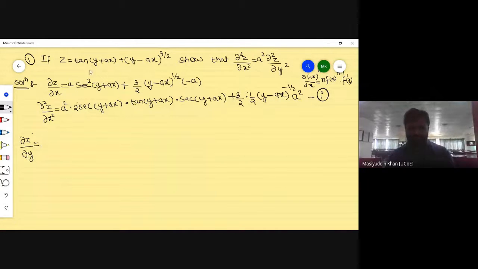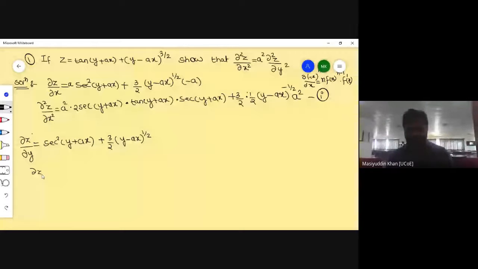You have to differentiate in a similar way. The derivative of tan will be sec square of y plus ax, and the derivative of this part with respect to y: this whole part becomes 0 and the y derivative becomes 1, so kept as it is, plus in a similar way here 3 by 2 will come forward, y minus ax raised to power 1 by 2. Similarly,